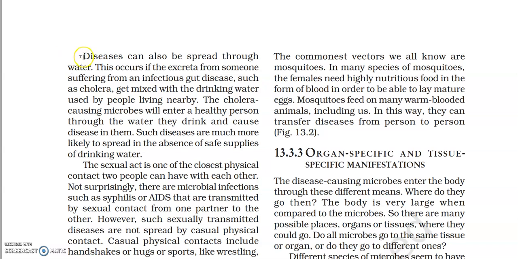Now, disease can also be spread through water, of course, and this occurs if the excreta from someone suffering from an infectious gut disease such as cholera gets mixed with the drinking water used by people nearby. So sometimes what happens is that in the case of a slum area, if that place is not very hygienic, if there is no agency taking care of the hygiene in a particular area, then in such places